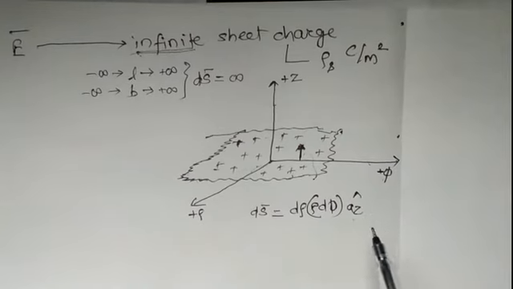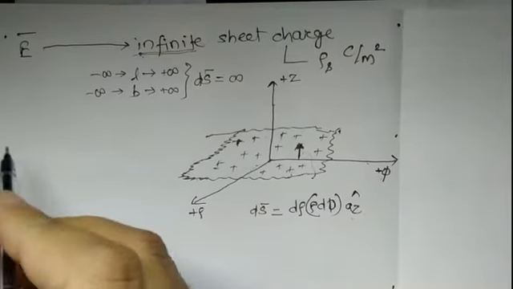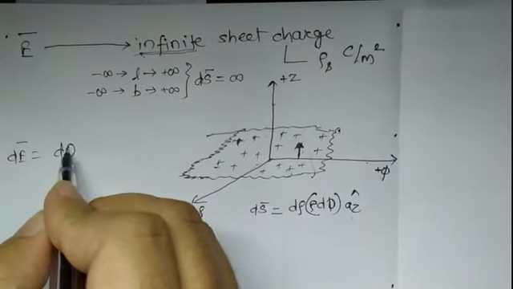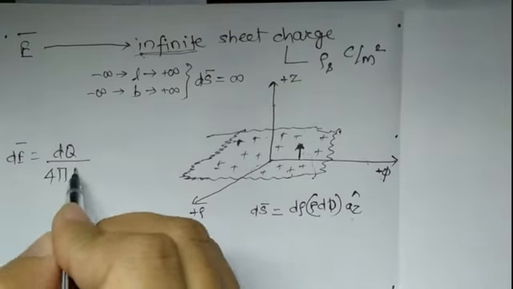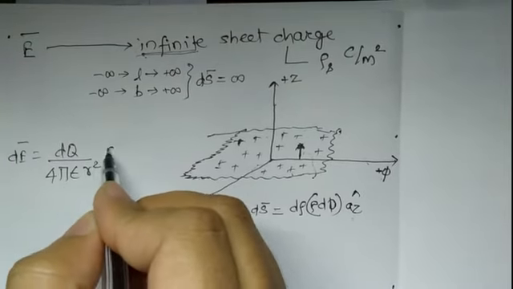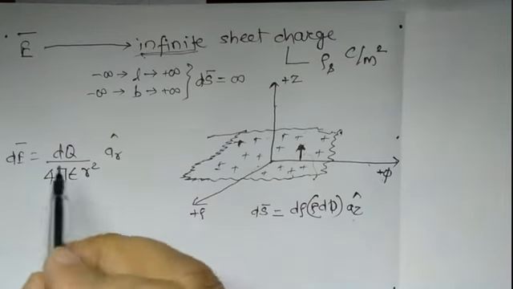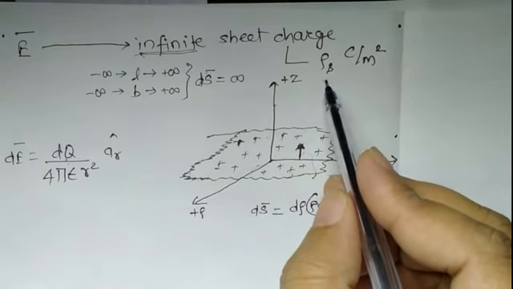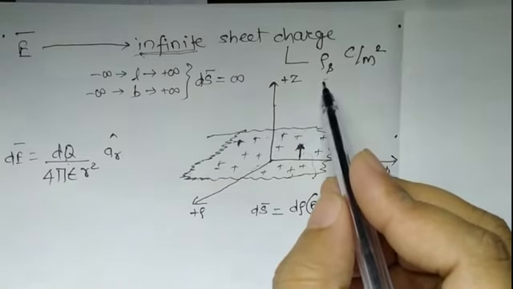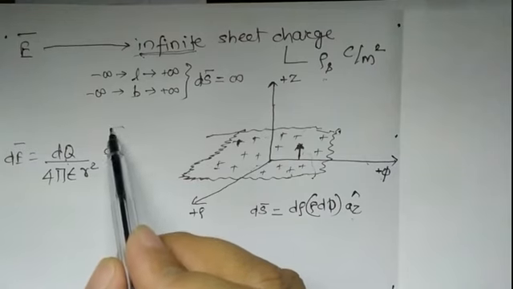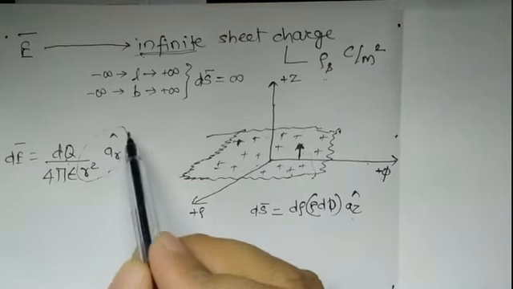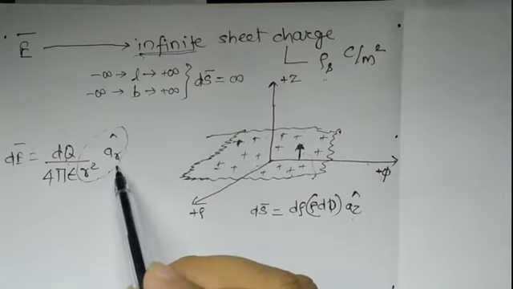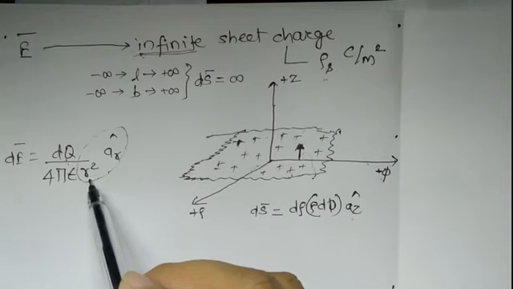Now again we know the equation of dE bar, it is equal to dq upon 4 pi epsilon r square into ar cap. Now the value of this dq can be easily calculated because we are given the surface charge distribution. The problem is with calculating the unit vector in the direction of the electric field intensity, and the distance between those two.